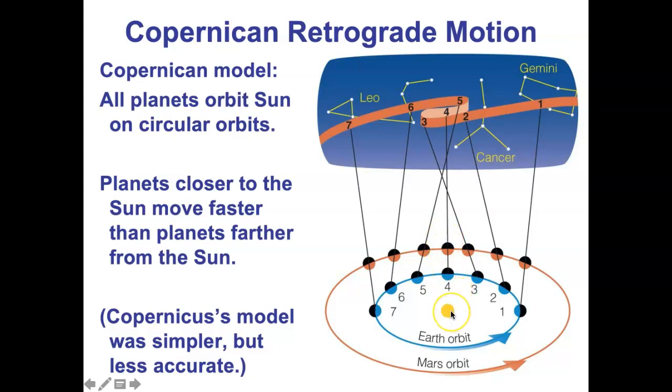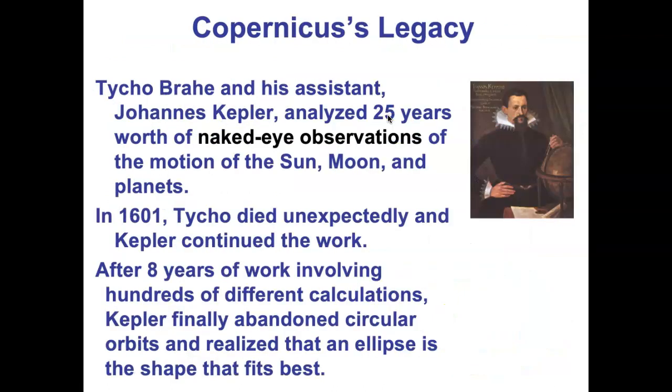Can I do this well enough? Can I do this accurately enough to show that the motion of Mars is actually explainable if Mars and Earth go around the sun? He's pounding away at these numbers for 8 years. For 8 years, he can't make the numbers make sense. He can't show how the planets can orbit the sun in a way that actually explains the motion of Mars the way we actually see it. The math just doesn't add up.